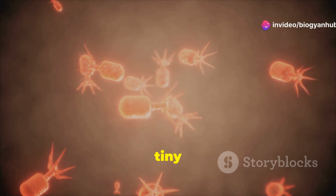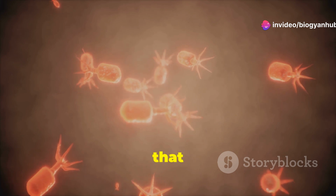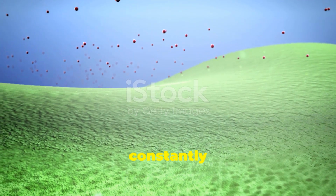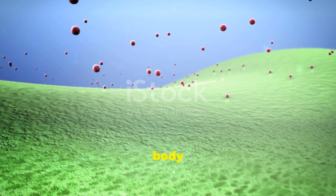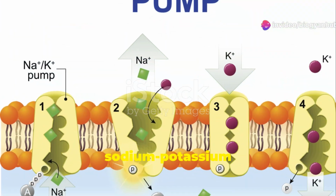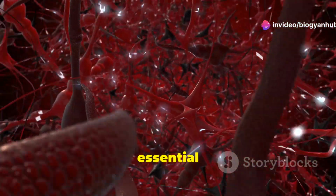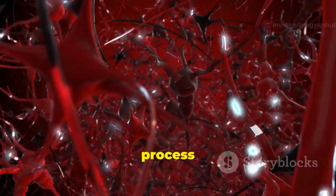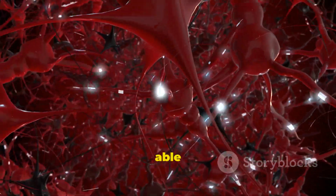Did you know there's a tiny pump inside every one of your cells that works non-stop to keep you alive? This microscopic marvel is constantly at work, ensuring that your body functions smoothly even when you're not aware of it. It's called the sodium-potassium pump, and it's essential for everything from thinking to breathing. Without it, our brains wouldn't be able to process thoughts, and our lungs wouldn't be able to draw in that